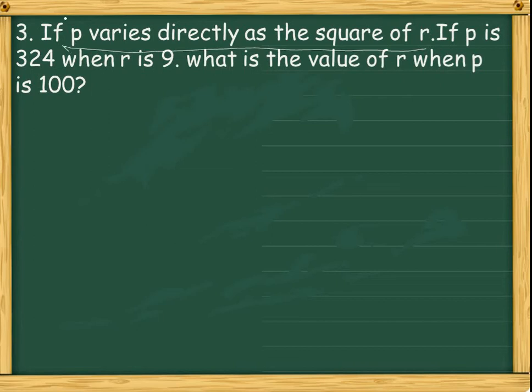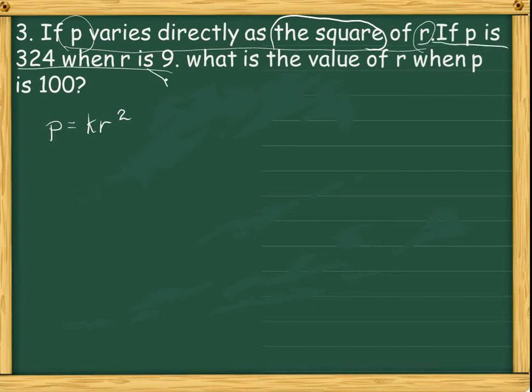So, ang first variable na binanggit ay si p. P is equals to, yung pangalawang variable na binanggit na si r, ang siyang i-multiply natin kay k. But take note, meron tayong salitang the square of, so naka-square po si r. So, the statement p varies directly as the square of r can be written as p is equals to kr squared. Now, the second statement, if p is 324 when r is 9, ito po